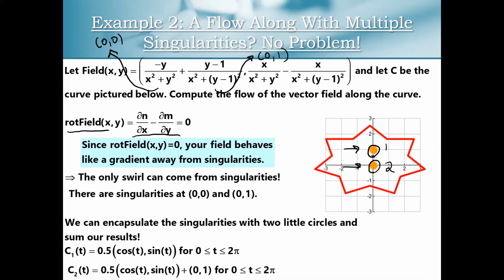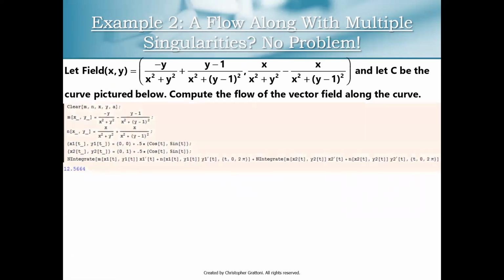And the actual crunching of the numbers, I'm going to do this in Mathematica, just like computing the rotation of my vector field. For this problem, I did that in Mathematica, because if you look at the equation for this vector field, maybe you don't really want to be doing that by hand. Similarly, for our 2 path integrals, maybe you don't want to be doing that computation by hand. So here's the code that I ran through Mathematica. At the end of the day, it's like, you know, 6 lines of code, including a clear statement, to get this